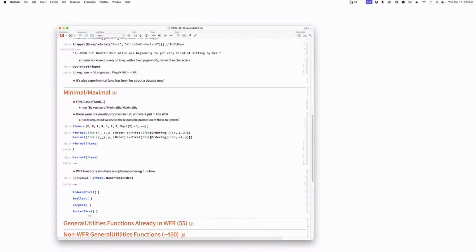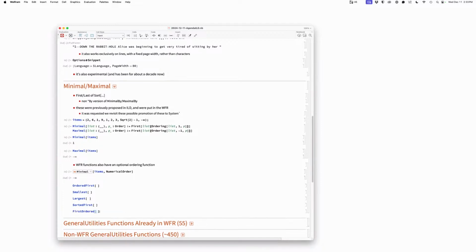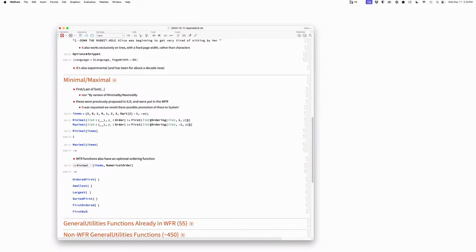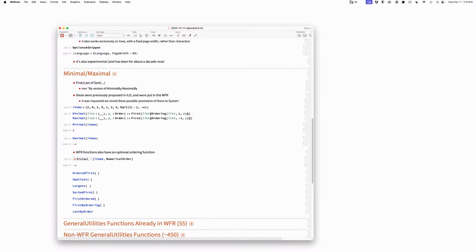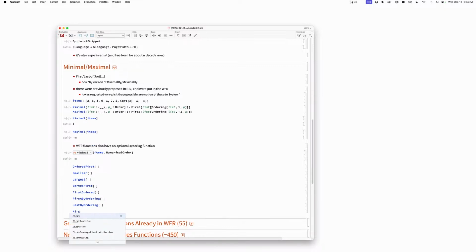We need a name here. The concept is good. We just need a name. I think getting first in there is nice because this is kind of like first ordered, but that's not right either. Getting first is kind of a get me the first element. Okay, this would be a correct name, but it's clunky. First by ordering. Last by ordering. The name, it will be easy to understand what it means. First in order has essentially the same meaning, but it's shorter by a bit. First in order seems too